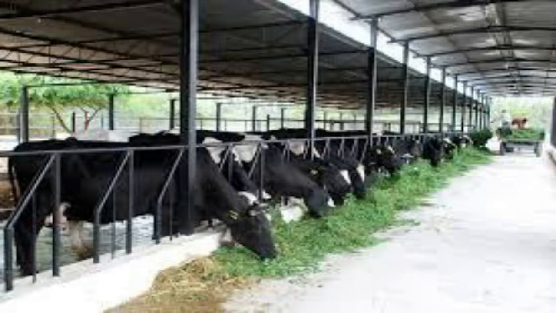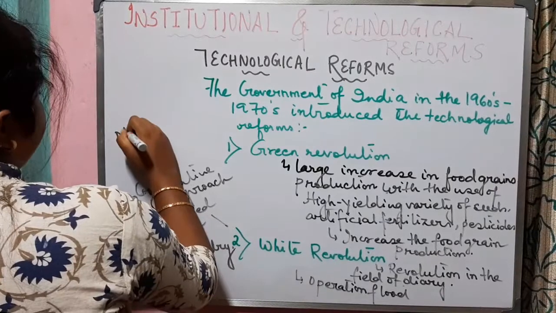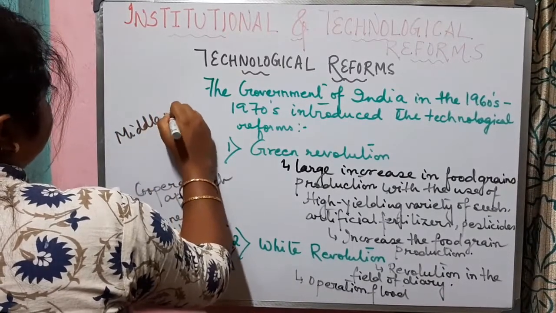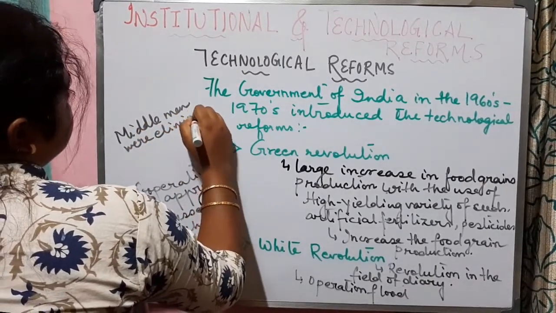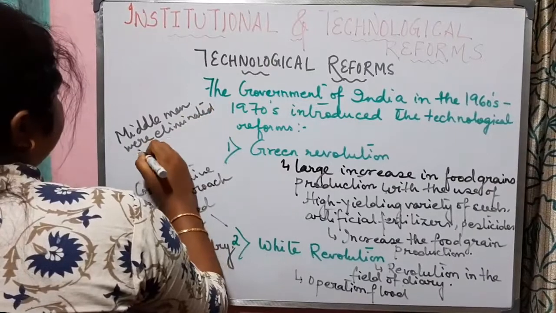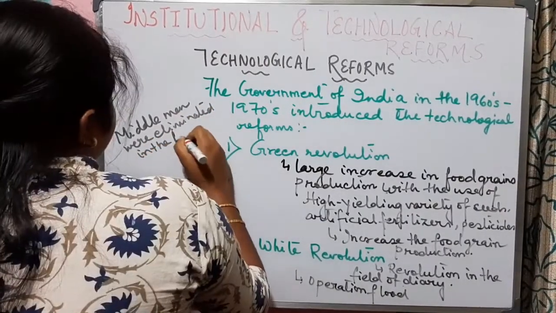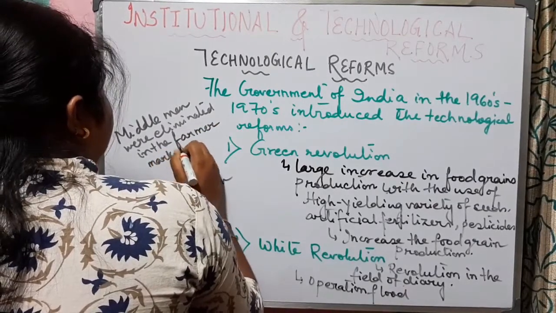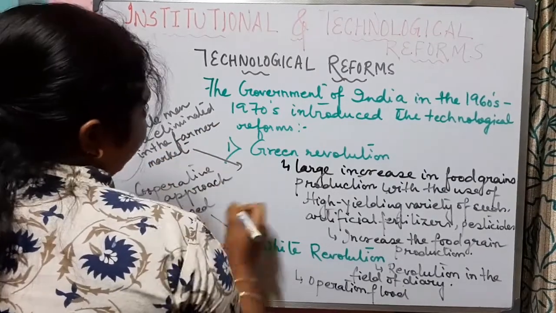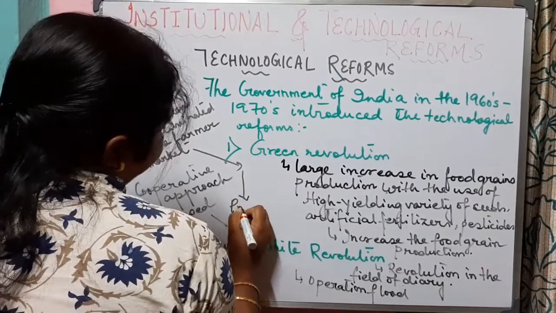Now, in White Revolution, what happened? The middlemen were eliminated in the farmer market, and this has helped to increase production